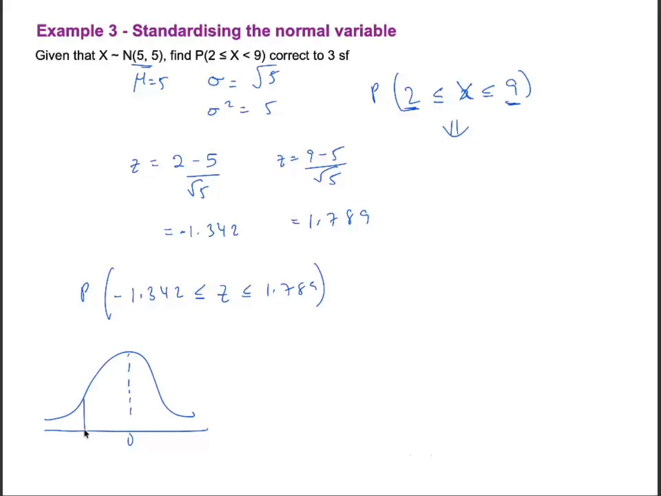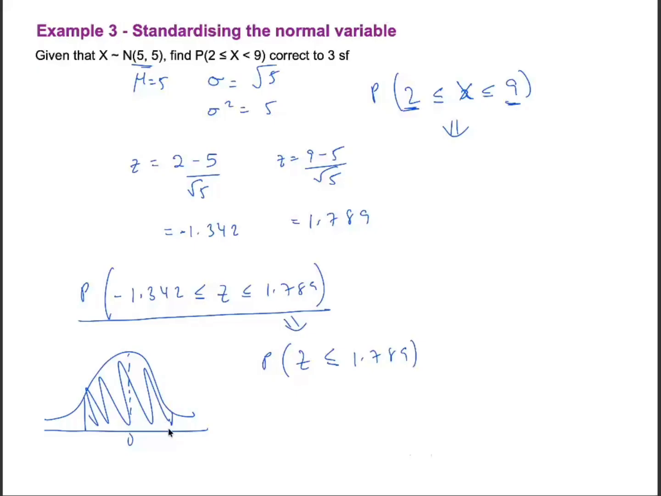This is negative 1.342. This is 1.789. We are finding the area between the two. This probability is the same as the probability of z being less than or equal to 1.789. It will give us the entire area below 1.789. Then you're going to subtract this section right here,